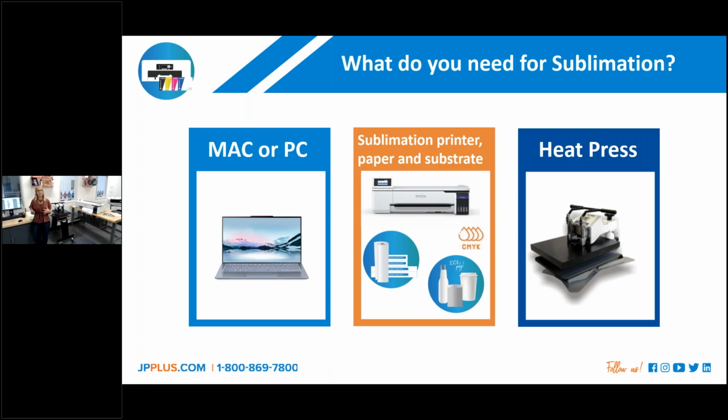So some of the equipment that you're going to need to get started, you're going to need a computer, a Mac or PC. The majority of the sublimation printers and softwares that accompany it do work with Mac. I know that's a huge question that I always get, and I think that's extremely important to point out. You would need a sublimation printer, sublimation ink, sublimation paper, and the polyester substrate. And then also a heat press. So you see there that I have a flat heat press. If you're looking to do drinkware or cylindrical objects, you could use a mug press or a convection oven with a shrink wrap. That would be a total possibility for you as well.